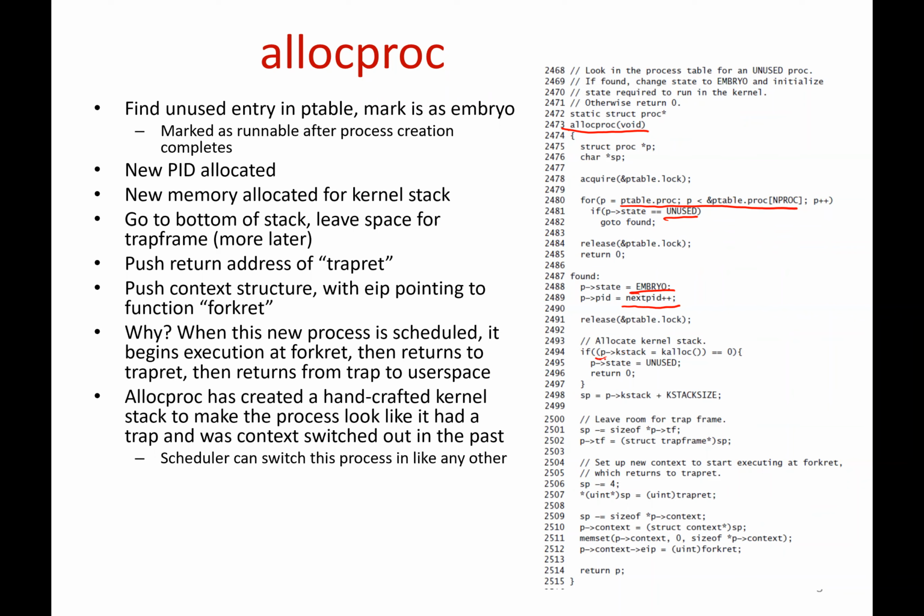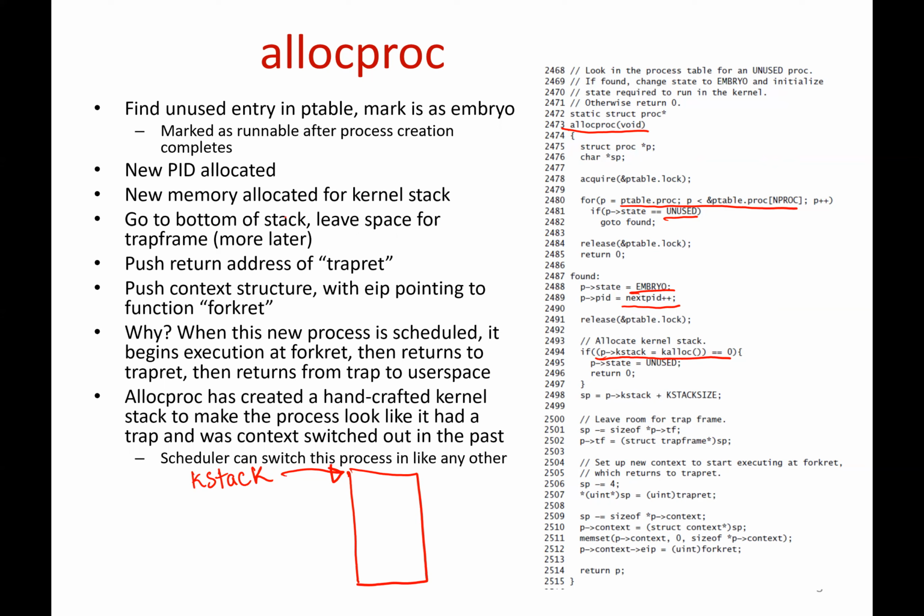Then, for this new process, you allocate a new kernel stack. Kalloc is a call to allocate new memory for the kernel stack of a process. So now you have some new memory allocated, and this variable kstack is pointing to this new piece of memory, which is the kernel stack of this process. Now note that the stack grows in this direction, so for this kernel stack, we have to start filling it up from the bottom. So allocproc starts filling up the kernel stack.